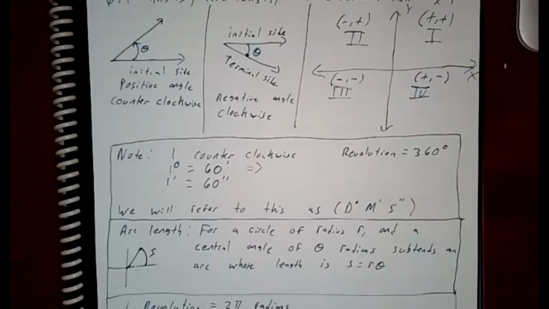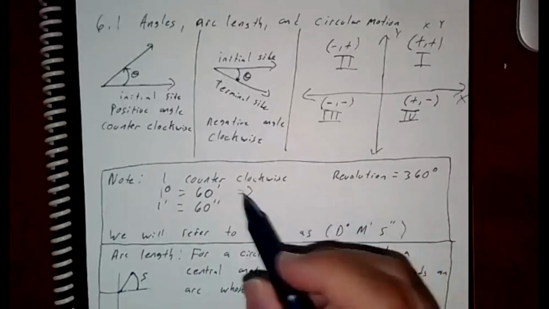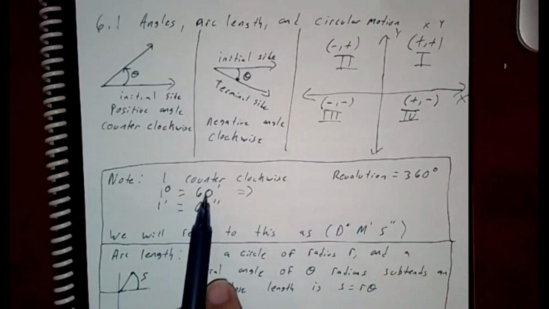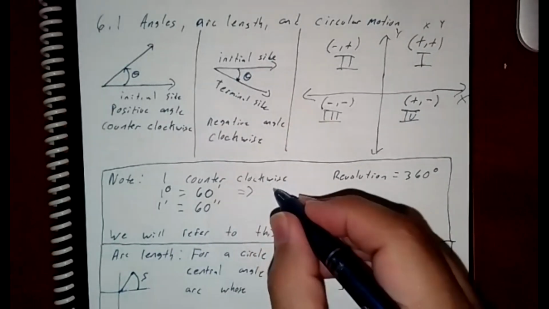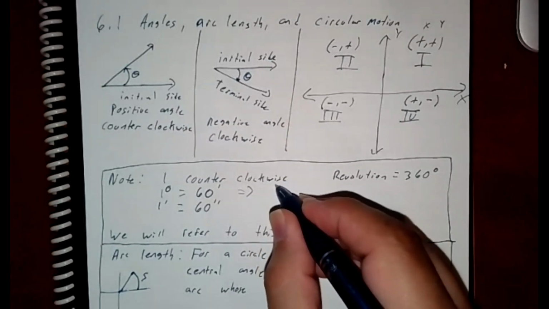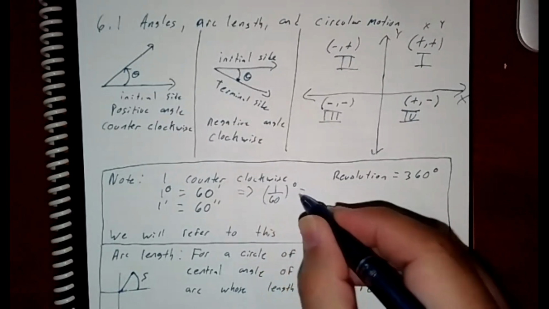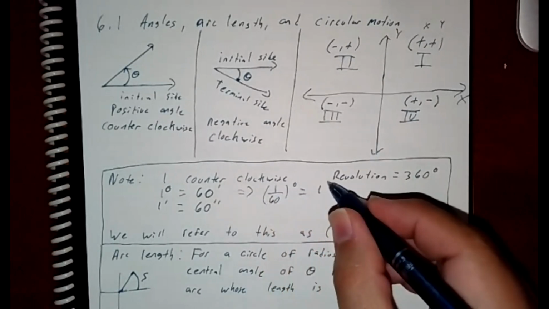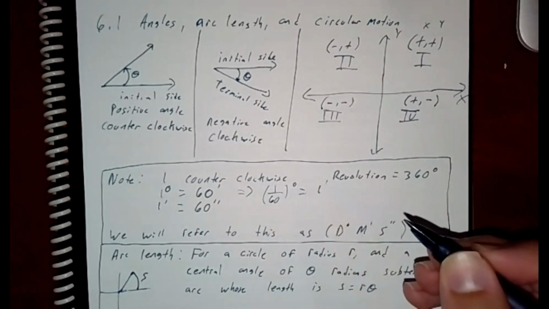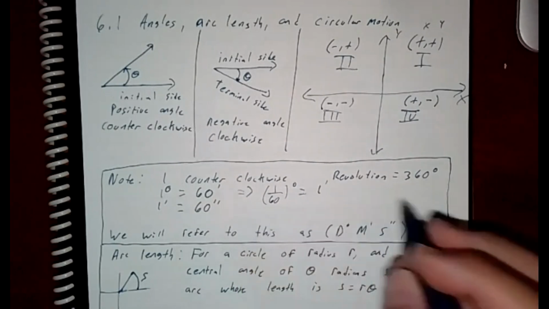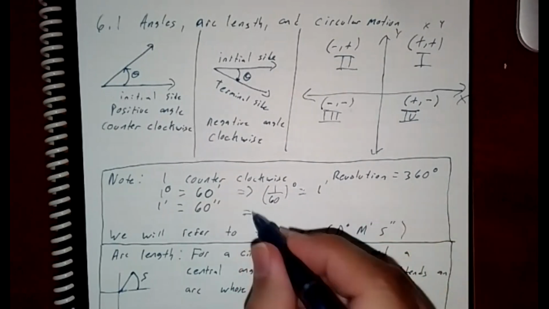Let me double check that formula. I feel like there's something missing. One moment. I mean, this is just an extra step. I'm just doing algebra basically. So if I divide both sides by 60, then I know that 1/60 degrees is equal to 1 minute, right? I could solve for minutes. And this also implies that